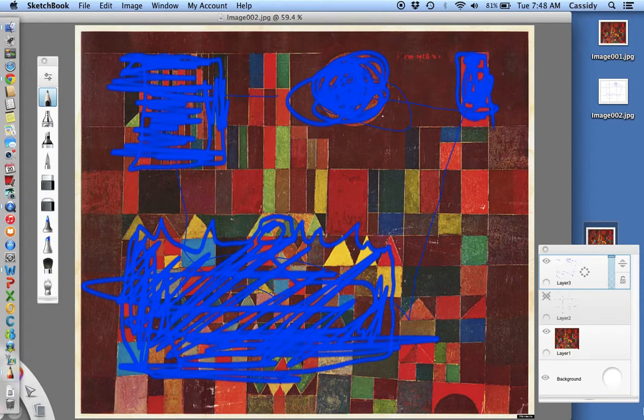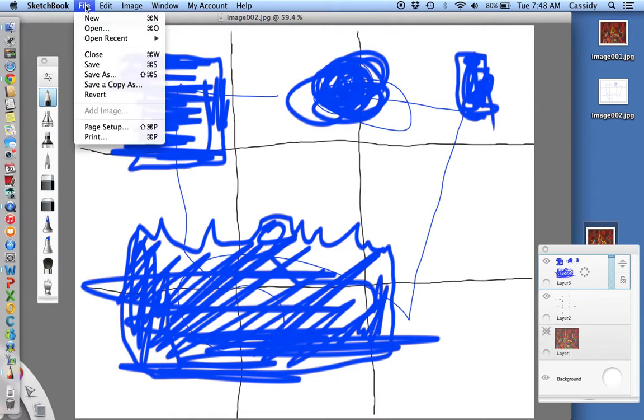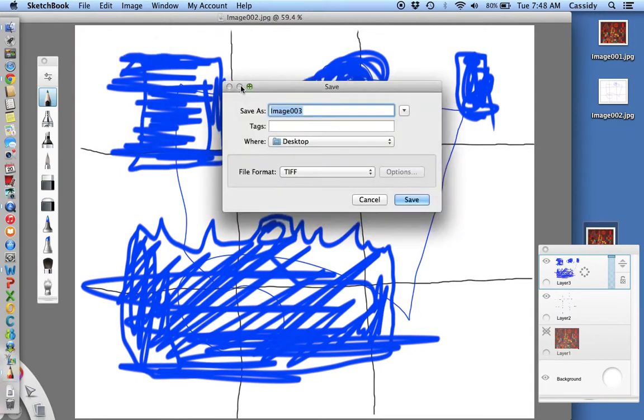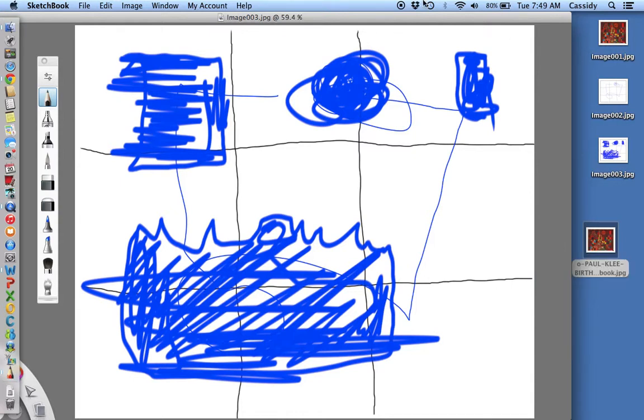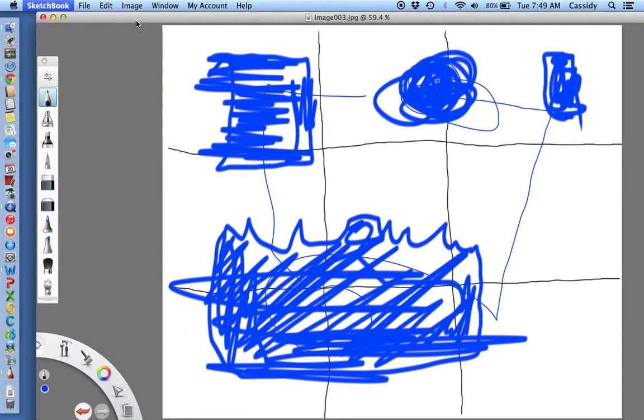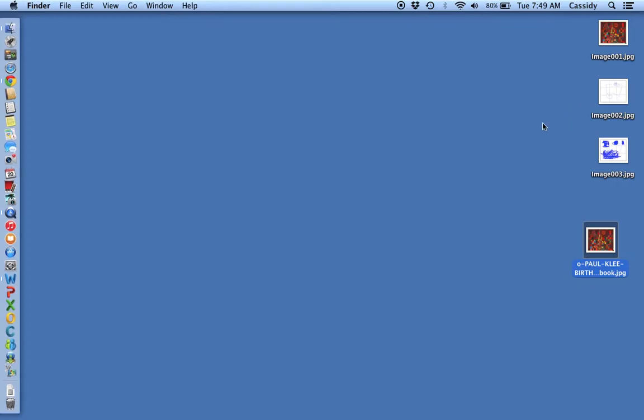Okay. So I'm just duplicating that. So what I'll do is hide that, and we'll save this as my next layer. Also JPEG. And that is how you save separate layers and how you divide things up in Sketchbook. The next step is we'll be putting all these images in Fotor. So we can go ahead and close Sketchbook, and we'll be moving those to Fotor, which will be the next